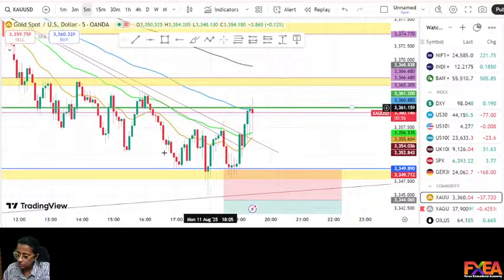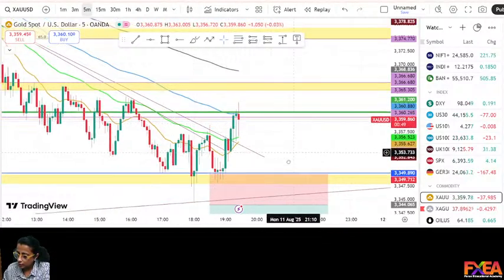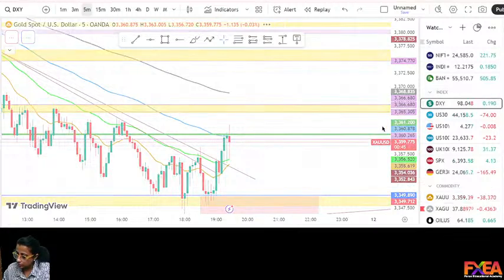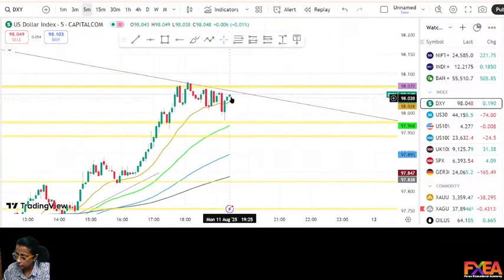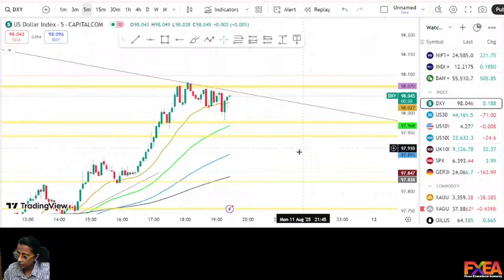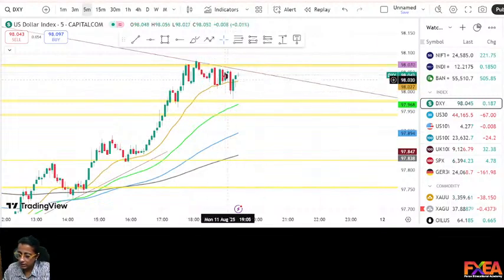I don't want to take this trade in this area. This area is very dangerous for me. I don't want to take any trade in this area. Because DXY is showing slight green here, once it crosses this trend line upwards, I will take a gold trade in the opposite direction. Otherwise, until then I don't want to take a trade in gold.